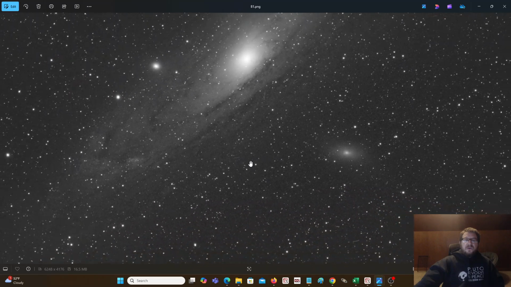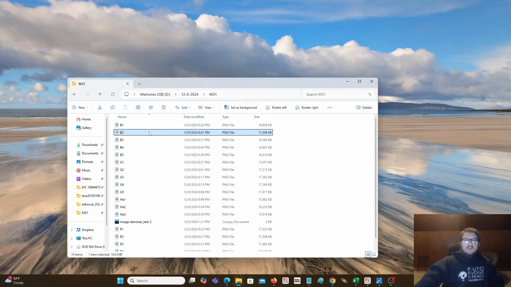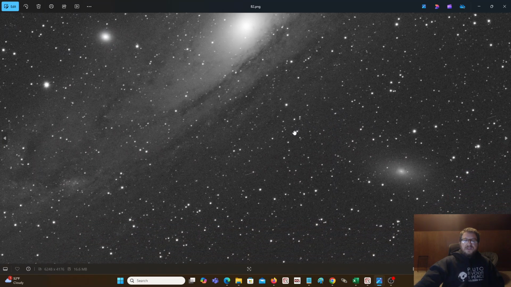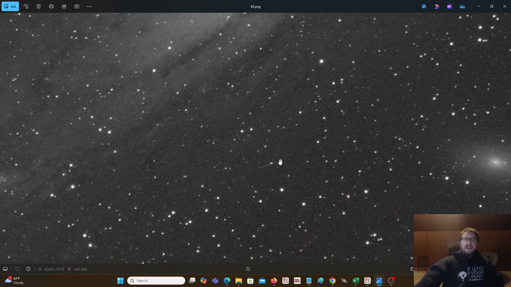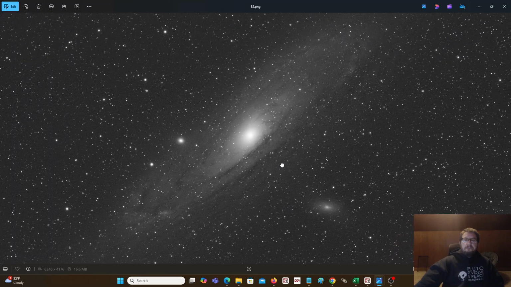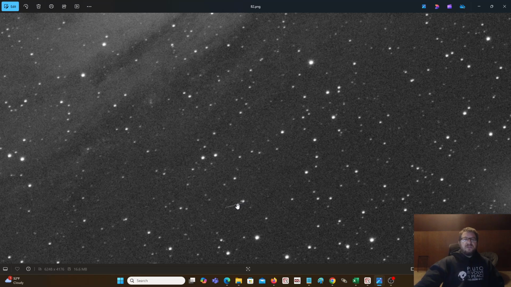And so then if we go to the next B image, and we zoom in here, now you can see that same feature, but now it's drifted, right? And so when I align these two images, those hot pixels are not going to be lying on top of each other, and they're going to be medianed